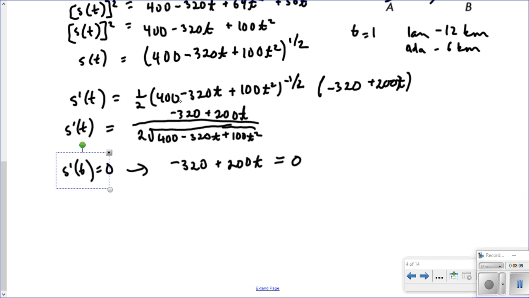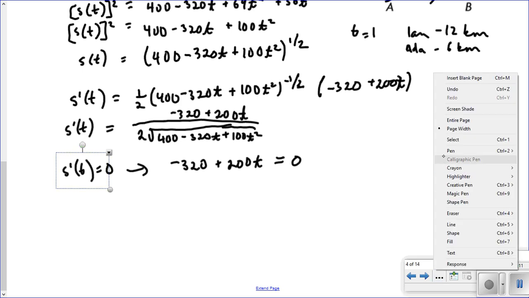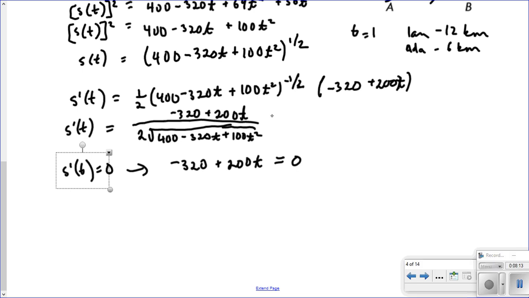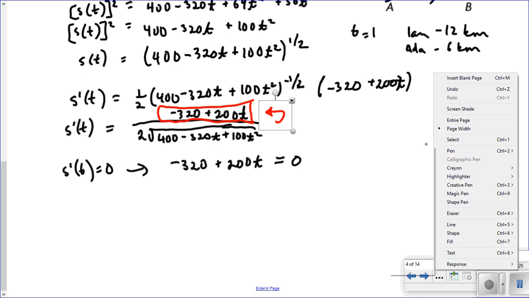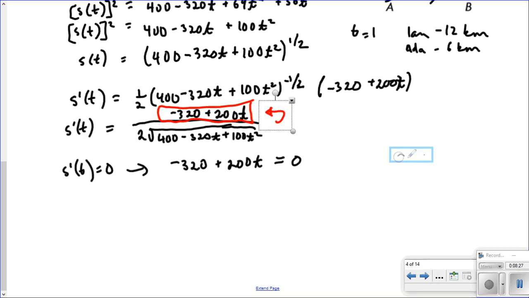So my focus can be just on the top of the function. The top of this function is the only thing I need to worry about. The denominators are very messy. That's all right, that's fine. I should write it as the function, but then do my work here. Now this is just a nice linear equation, easy to solve. We get t equals